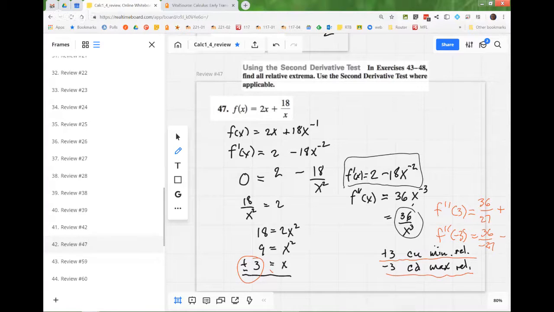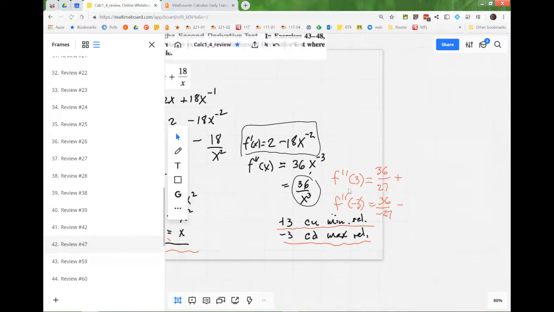Okay, so for relative extrema, you should use the second derivative test to determine which is which. It just helps you nail that down. We still found the extrema over here on the left, but we didn't know which was which. It might help if you draw out what you mean by it being concave up when it's a minimum. Yeah, when the second derivative is positive, it's concave up, which means it's shaped